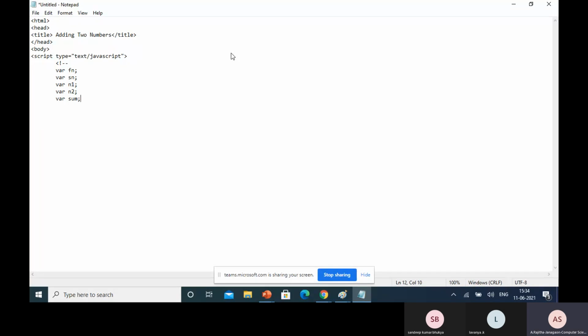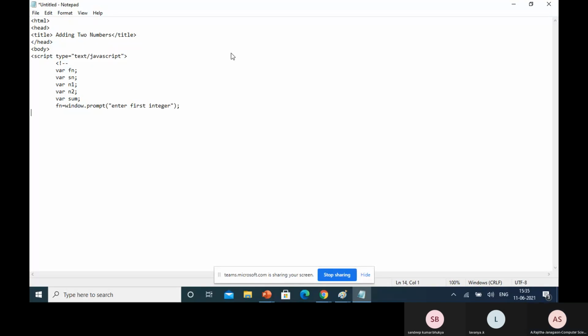Here first you can read the first number from the keyboard by using window prompt, window.prompt, Enter first integer.